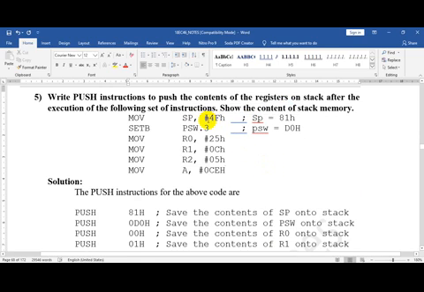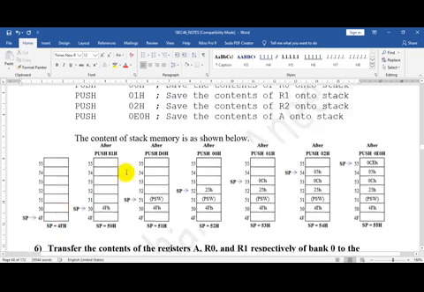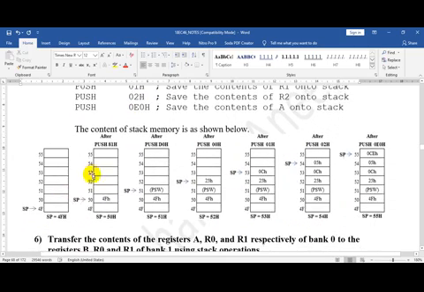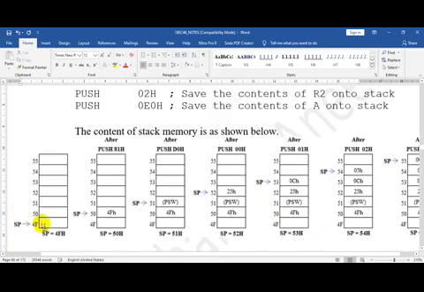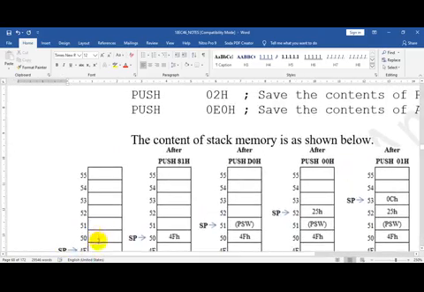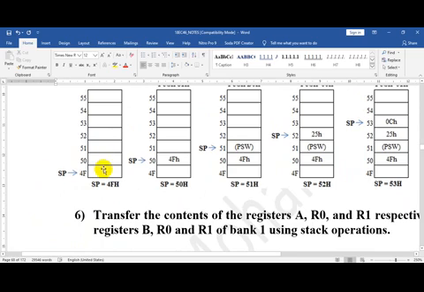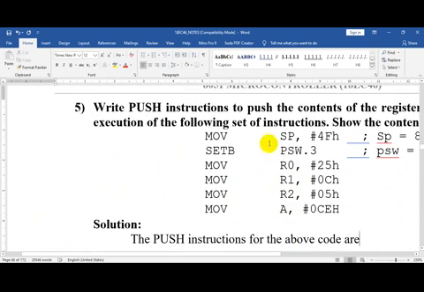So before execution of the push instructions, the stack pointer is currently pointing to 4FH. Why 4FH? See the first instruction, move SP, #4FH. It has changed the contents of the stack pointer.